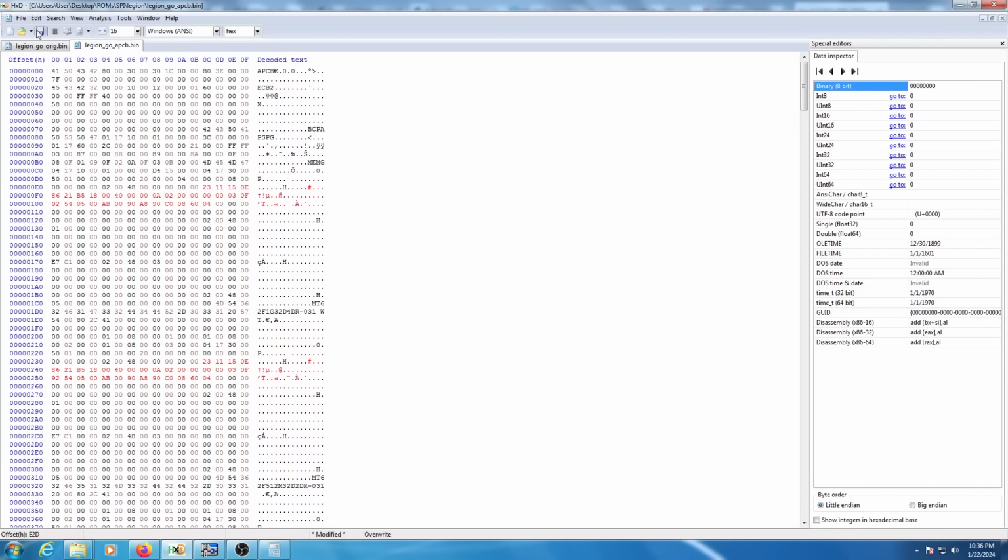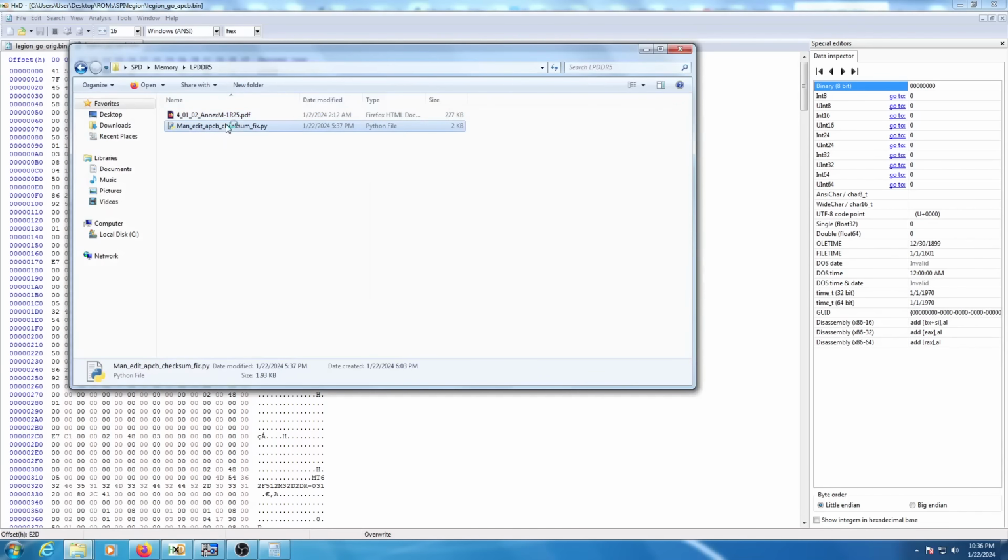So with that done, we're going to save that file, and now what we need to do is recalculate the checksum of the APCB file for all the edits we've made to this file. In order to do that, you're going to use this Python script called manedit apcb checksumfix.py, and I will put a link to this in the video description, of course,